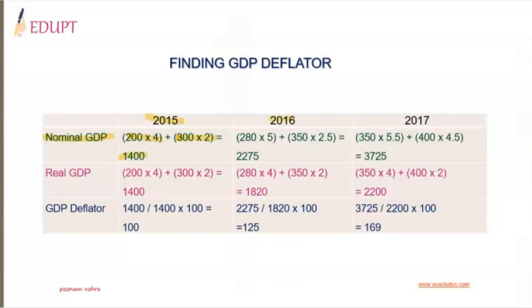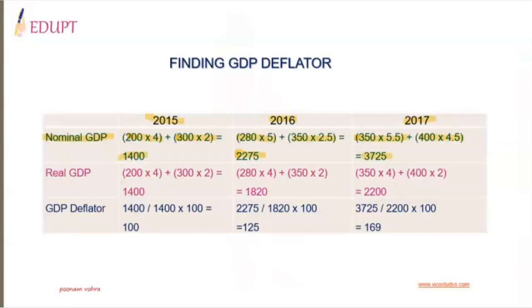Similarly, for 2016, it is quantity produced multiplied by price of X plus quantity produced multiplied by price of Y is taken into account. That comes out to be 2275. And in 2017, quantity produced of X multiplied by its price plus quantity produced of Y multiplied by its price is